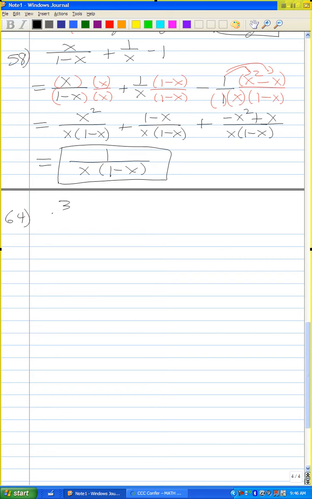Three over x minus 1, plus 4 over x squared minus 1, minus 5 over 1 plus x. And so this is 3 over x minus 1 plus, let's factor, x squared minus 1 is the difference of squares. So by the special factoring formula, it factors into x minus 1, x plus 1,